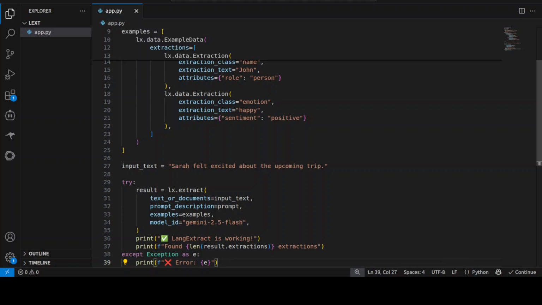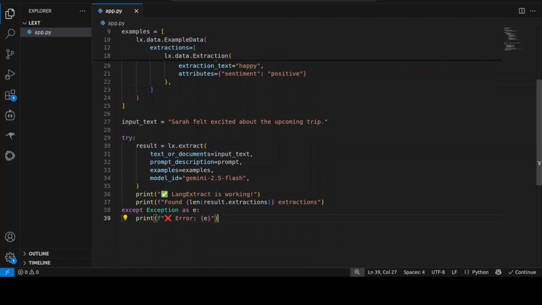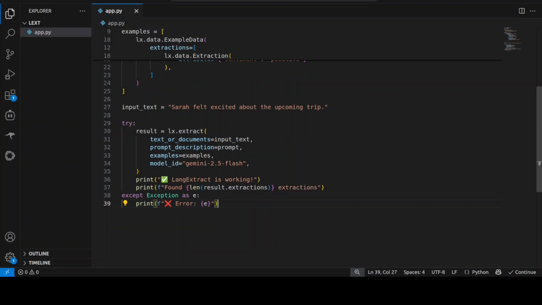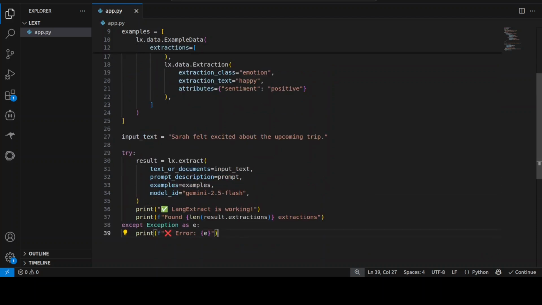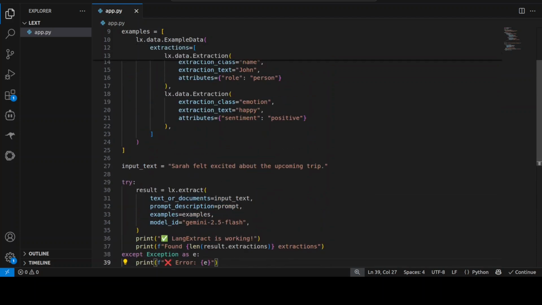And of course you can attach it with any file if you like. And then it provides a training example showing how John was happy to see Mary, and this should be parsed into structured extractions, specifically extracting John as a name with the attribute person and happy as an emotion with positive sentiment. The code then applies this learned pattern to new input text, which is Sarah felt excited about upcoming trip